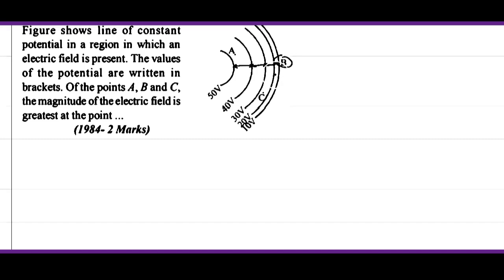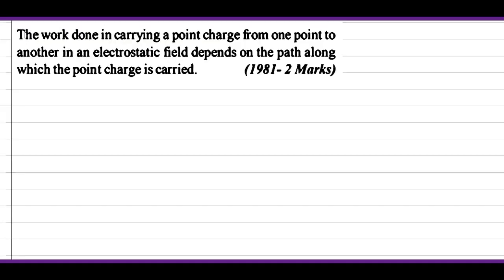इलेक्ट्रिक फील्ड लाइंस क्लोजर होंगे वहाँ पे इलेक्ट्रिक फील्ड का मैग्नीट्यूड सबसे ज़्यादा होगा। तो पॉइंट बी पे इलेक्ट्रिक फील्ड का मैग्नीट्यूड सबसे ज़्यादा होगा। ओके, इस क्वेश्चन में हमें स्टेटमेंट दे रखा है और बोला है कि ये ट्रू है या फॉल्स है। तो देखिए स्टेटमेंट क्या है, द वर्क डन इन कैरिंग अ पॉइंट चार्ज फ्रॉम वन पॉइंट टू अनदर पॉइंट इन एन इलेक्ट्रोस्टैटिक फील्ड डिपेंड ऑन द पाथ अलोंग विच द पॉइंट चार्ज इज कैरीड।